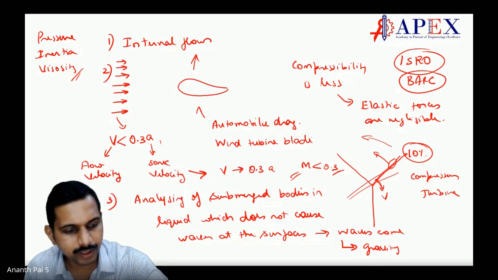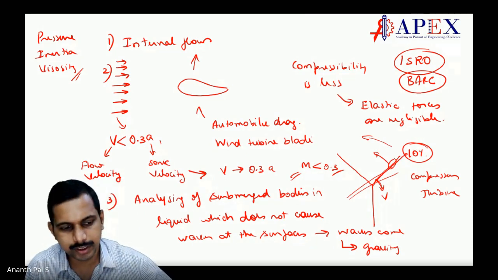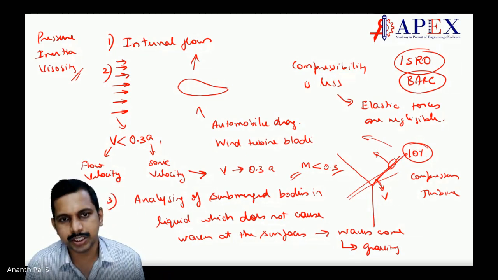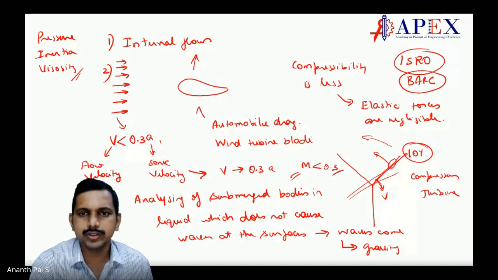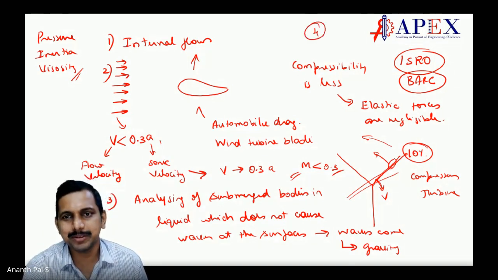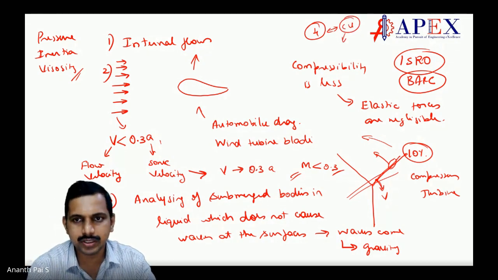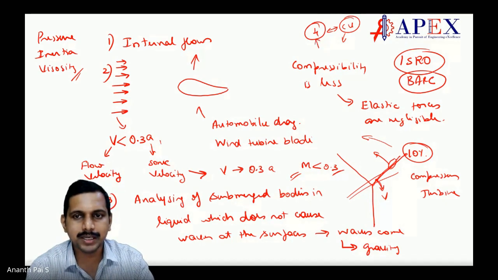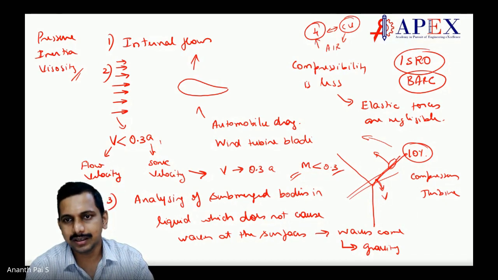Next, we will see where gravity forces are important, which is important for civil engineers, especially in open channel flows. Open channel flows comes for 4 marks. One chapter, 4 marks for civil engineers. People say if you leave this open channel flows, then you are losing 4 marks. That means they are compromising All India rank by a big amount, because those are the easiest topics you can have.